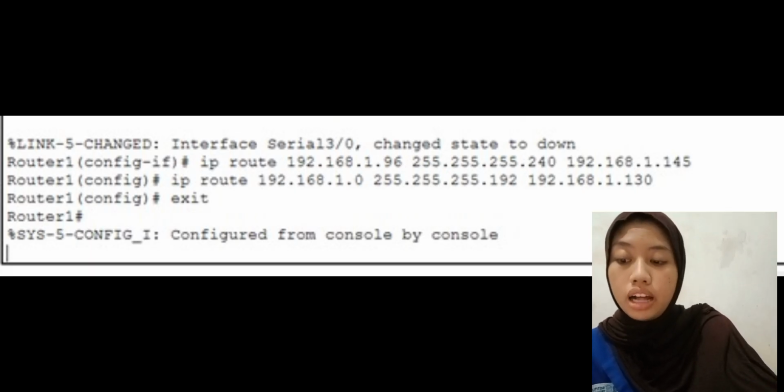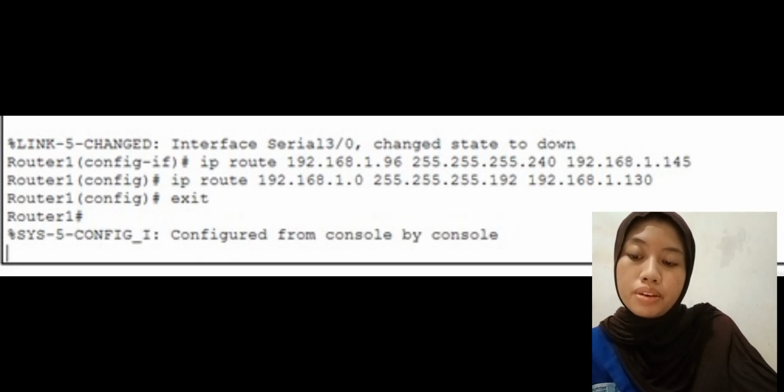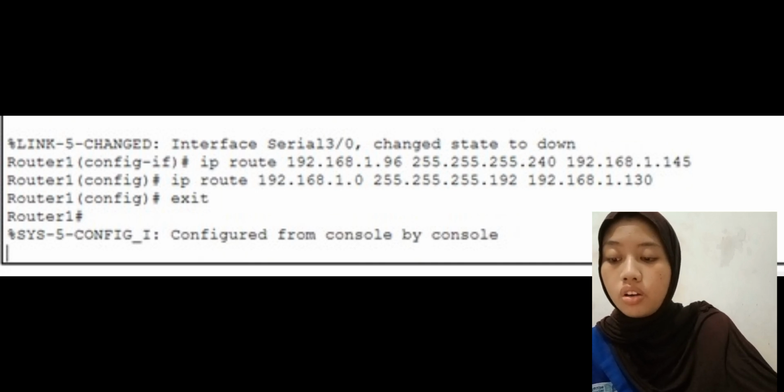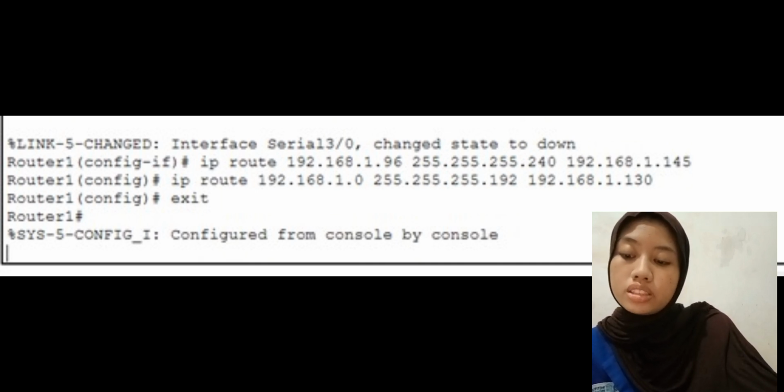After all interfaces are active, the final very important step is adding a static route table or IP route. The route to subnet A routes the packet to an address like in the text via the next hop, router 0, and the route to subnet C routes the packet to an address like in the text via the next hop, router 2.